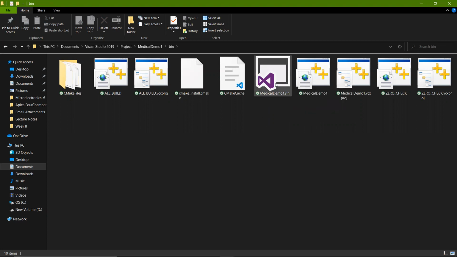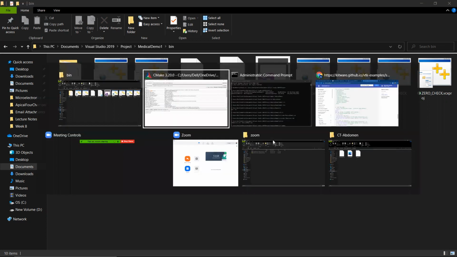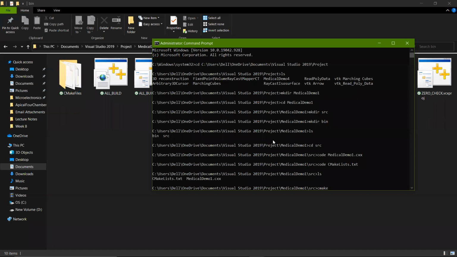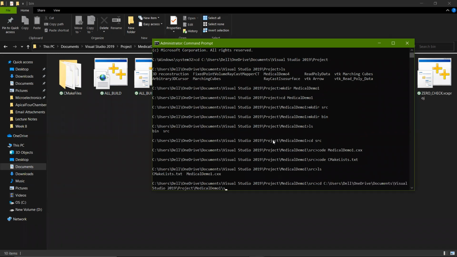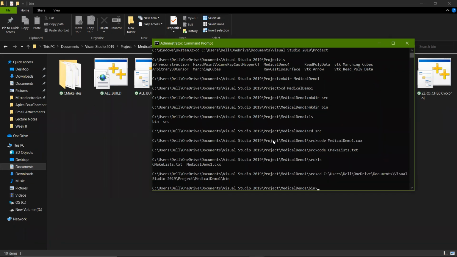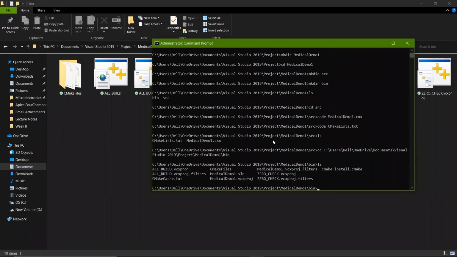You can also open it by double clicking it, or you can also open it from the command prompt. So let's first go inside the bin folder, ls. The solution file is visible, medical demo1.sln. We'll just open it.